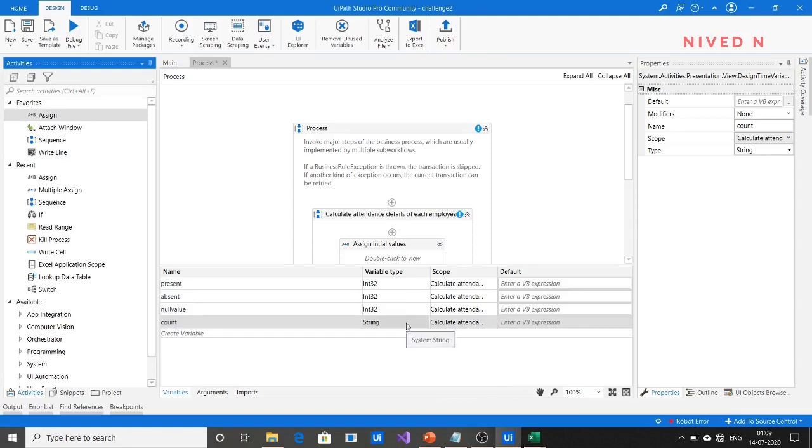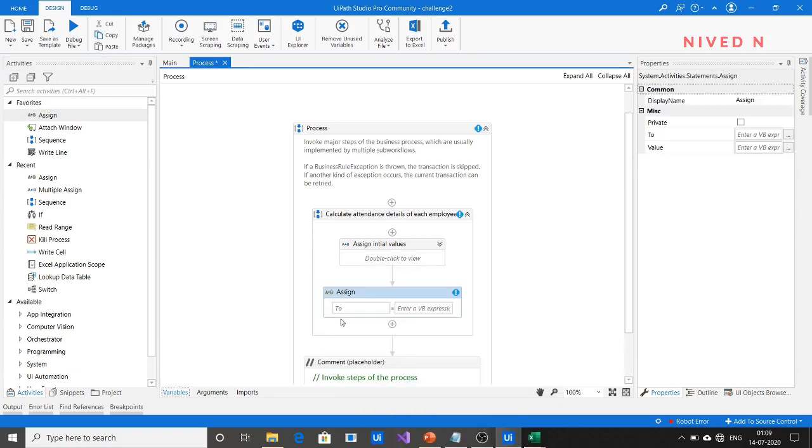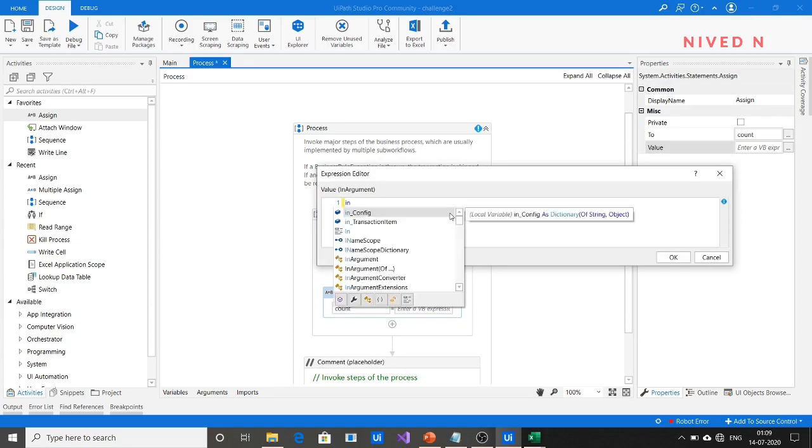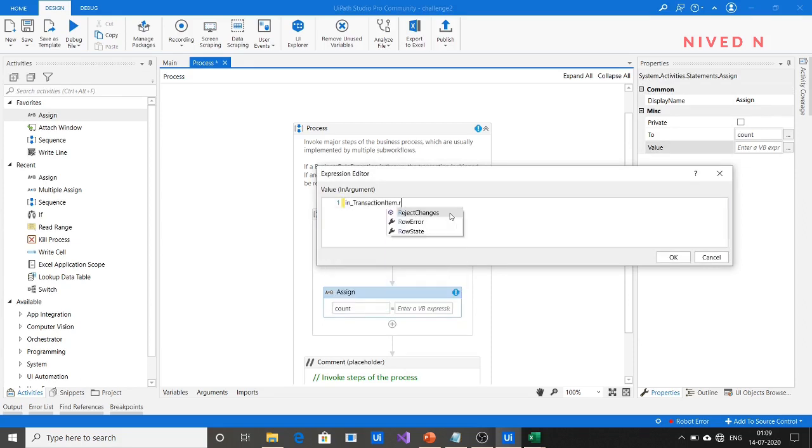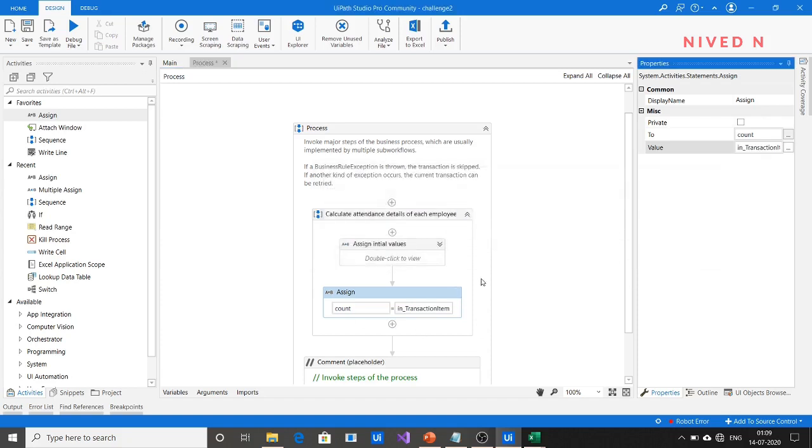Specify the variable type as Int32, and enter the variable expression as transaction item dot item array dot count. It gives the number of columns.